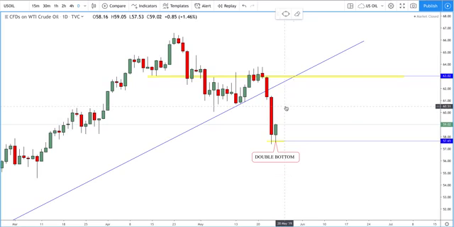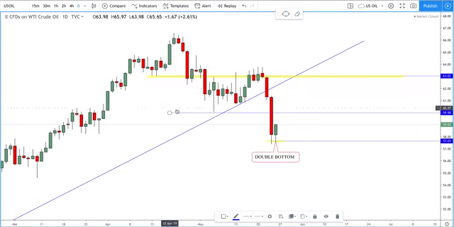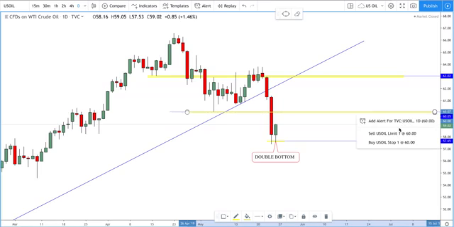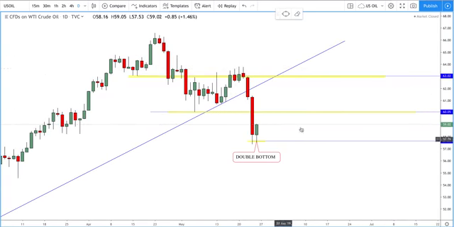Or we might just come up and test this support level here around the 60 region. And then from that level, we might do something similar to what we did around $63, and roll over to the downside again. So you can see these steps we're making. Support, resistance. Support might be resistance. And then we'll come down, break through support and make a new one. So market structure there, nice and simple.